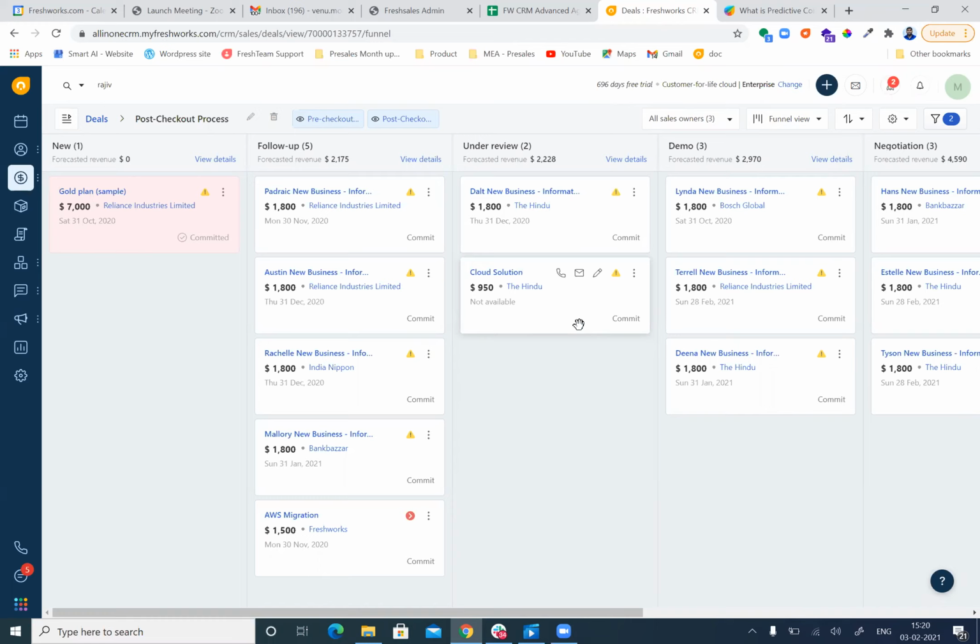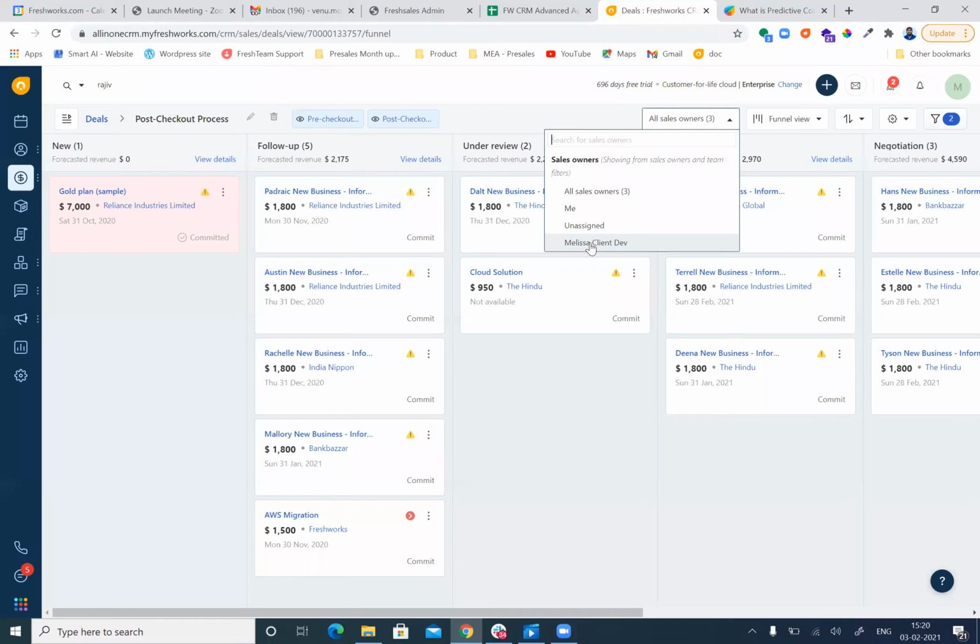And also, if in a team there would be multiple stakeholders, one would be a sales executive and another would be a sales manager or a team manager. So the team manager might have multiple sales executives who are reporting to him or her. So he or she would be able to filter the opportunities based on each and every individual from the team.